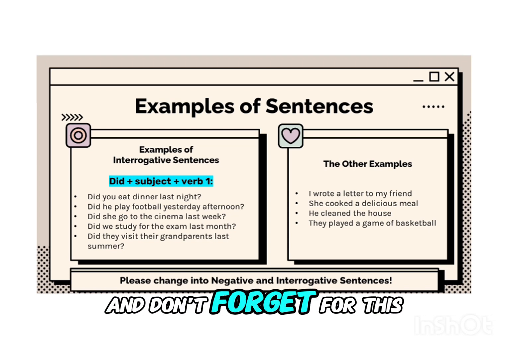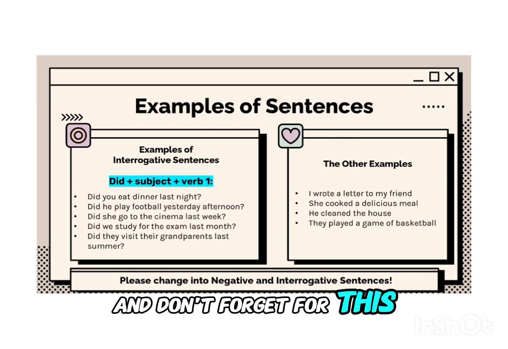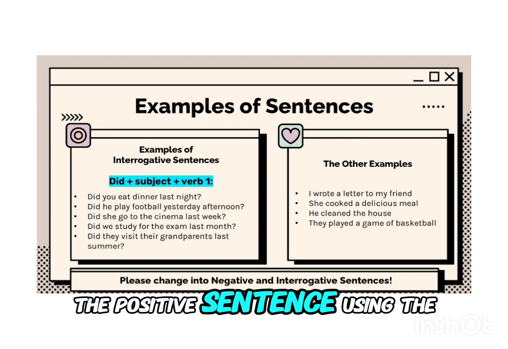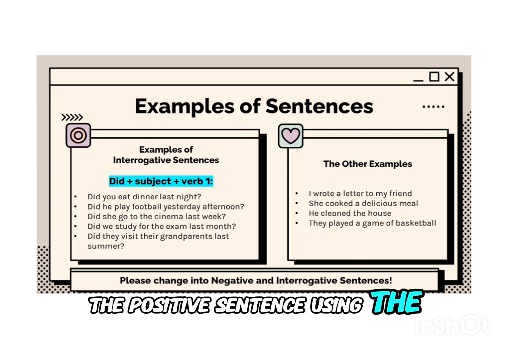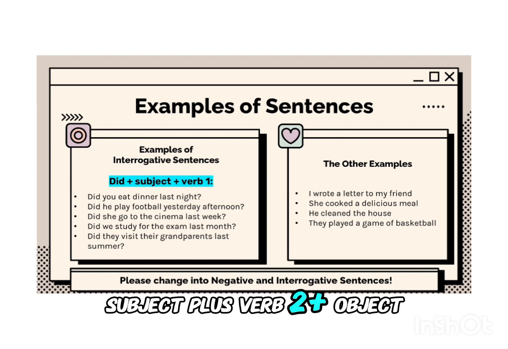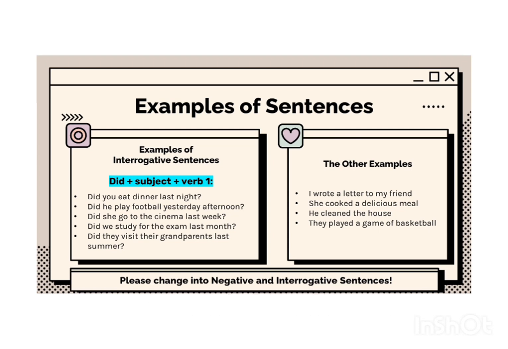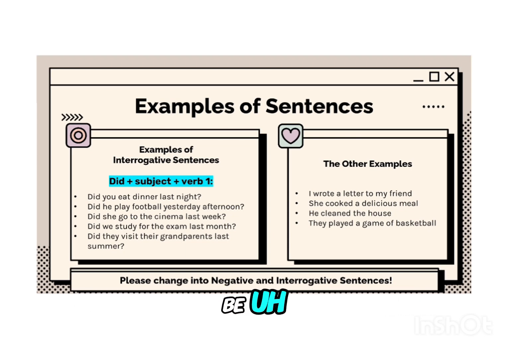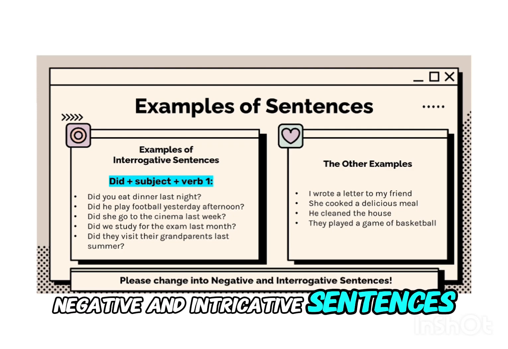And don't forget, for this tense, we always use the verb 2 for the positive sentence: subject plus verb 2 plus object or complement. I think if you want to change these other examples to be negative and interrogative sentences,